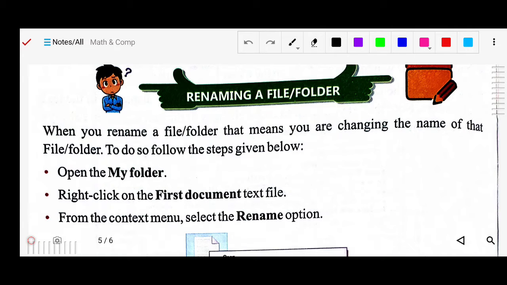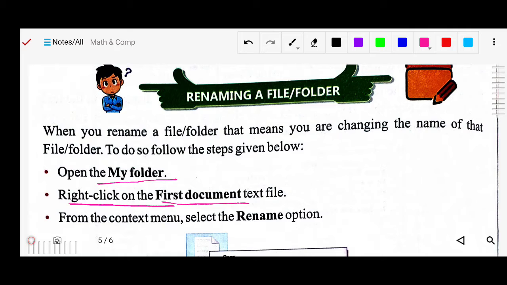So what is the process? First of all, open my folder. Suppose I'm going to change the name of the file. So where will you get the file? Already we have discussed and seen how to do this. Already we have learned how to make the file and folder. So first of all, where will you find the folder? First of all, browse your drive in My Computer. Find out where your folder is. Inside the folder, the file will be there. Find the file.